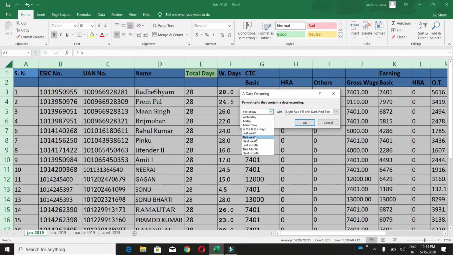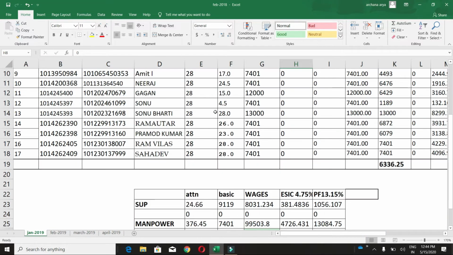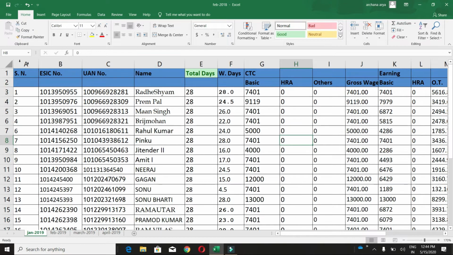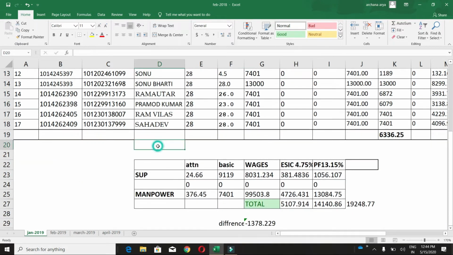Fine, this week I'm selecting here, then changing the color, then I'm clicking OK. So we don't have any date here, guys, but I have applied a format for date here by the conditional formatting. So what will happen if you enter any date here? We have applied the format from this week, so today is 15.